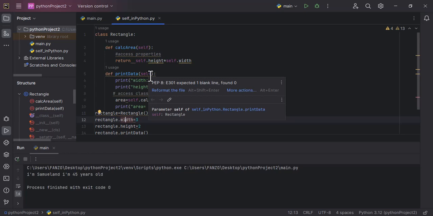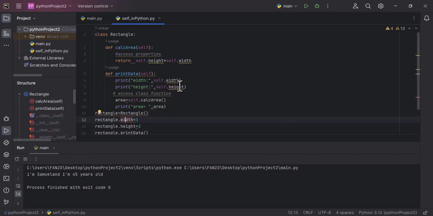You can use some other name for this, but the naming convention suggests using the self word there. So in here, print data, what it will do, the first print out will tell you the value of the width that you have set and the value of the height,